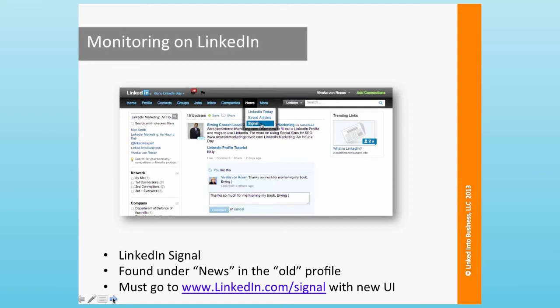Again, if you've got the newest user interface, it doesn't look like this. It's a little bit more compressed with the search box in the middle. Then you have to go to linkedin.com/signal. Just bookmark it. When you go to Signal, it's going to allow you to type in your name, your username, your @JohnSmith, your @BrandChats, your product, your service, your website, your clients, your customers, your competition,